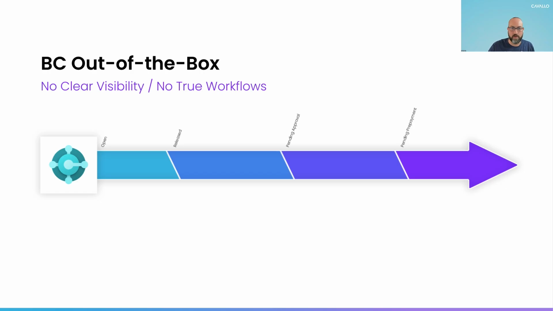If you picture an order workflow, as we kind of got here in BC, from the time an order starts until it's shipped and invoiced, BC out of the box has, well, kind of limited document statuses. It makes it difficult to track an order or know where they are in the process. And I think, Colin, you're even going to show some of this as we go along.